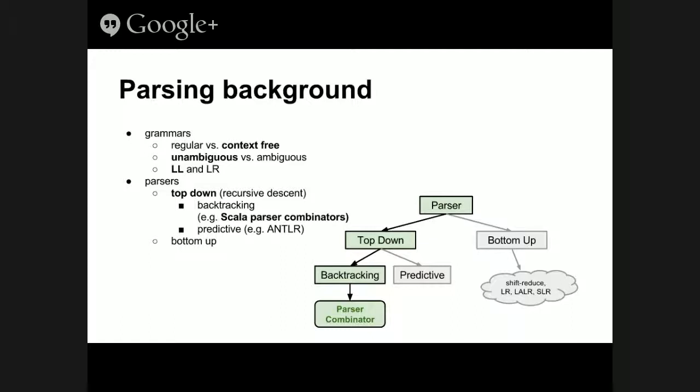Bottom-up ones, you usually are used kind of performance-wise. Performance, right? Exactly. So what we're going to talk about is a backtracking parser, and you'll see how that happens. And then the alternative is bottom up, and so there's a whole other category. Examples of bottom up parsers would be like your Yacc and Bison, things like that.